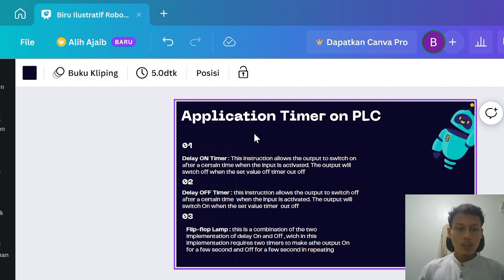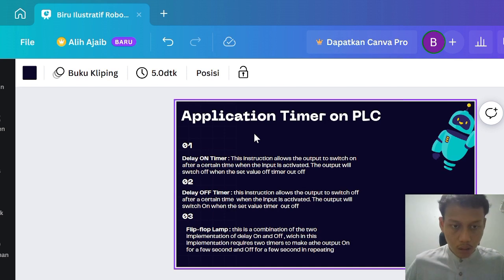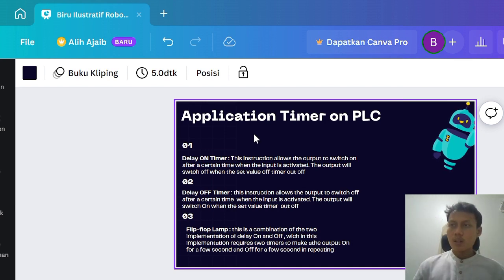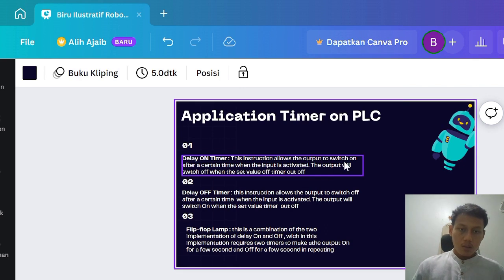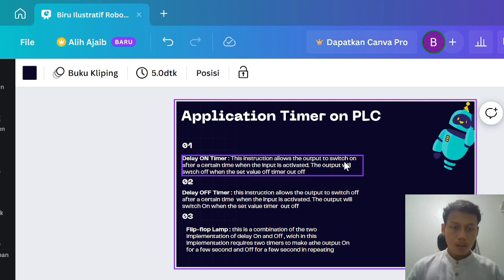And second, delay off timer. Actually, delay off timer is similar to delay on timer, but the difference is